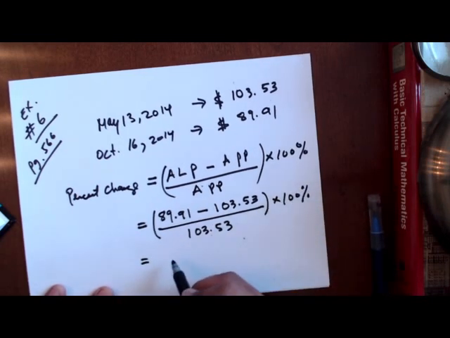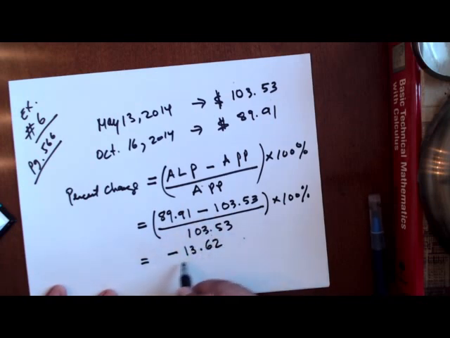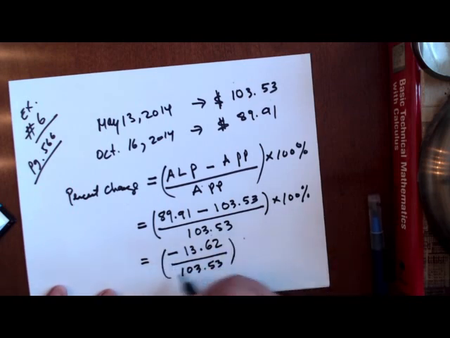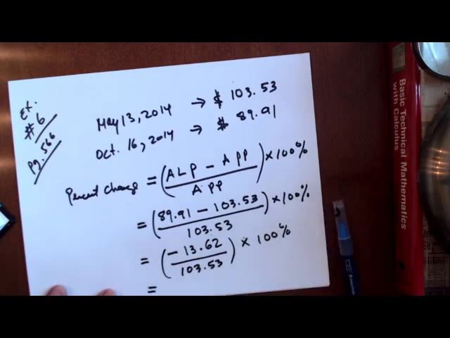Now, if you follow these calculations, this is going to be a negative number, right? If you do the difference, there you get minus 13.62 divided by 103.53. And of course, you have to multiply this times 100%. And this calculation gives us around minus 13.2%. And again, looking at this calculation, when we do the analysis, plugging the numbers is one thing,